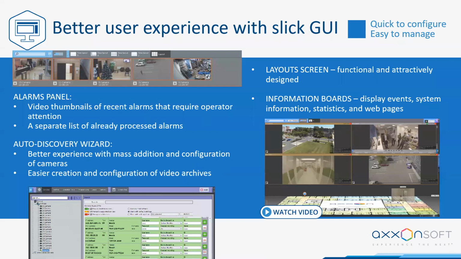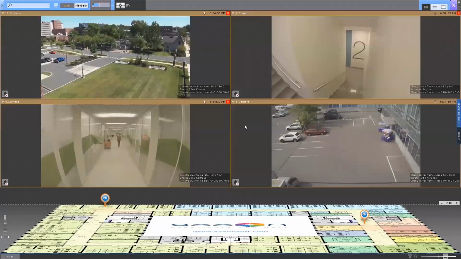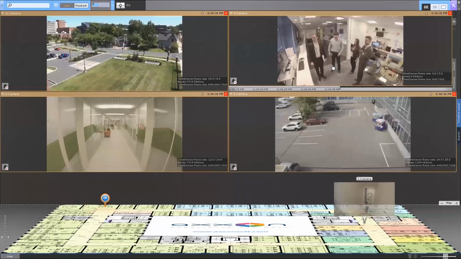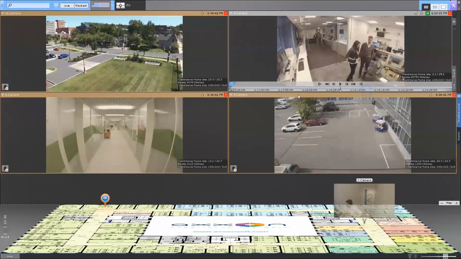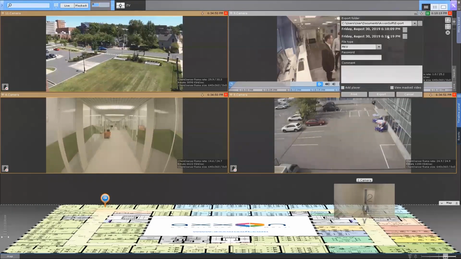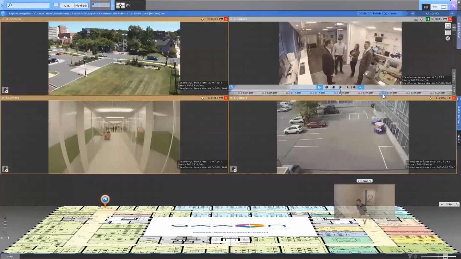Okay, so let's start with the user interface. Axon Next has a flexible and very convenient user interface that makes it easy and fast for operators to do their job, helping to solve a number of different surveillance-related tasks.